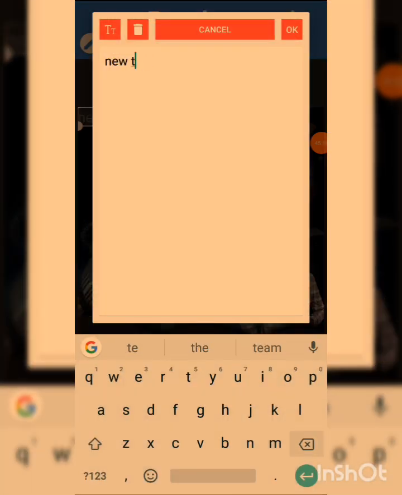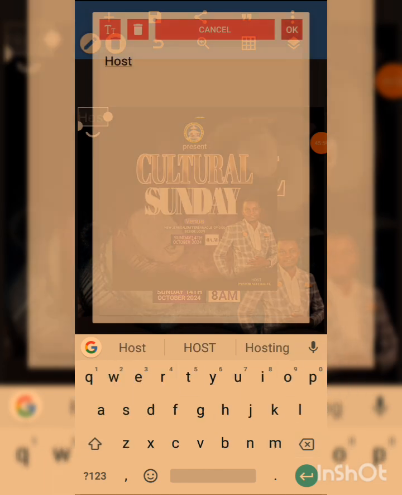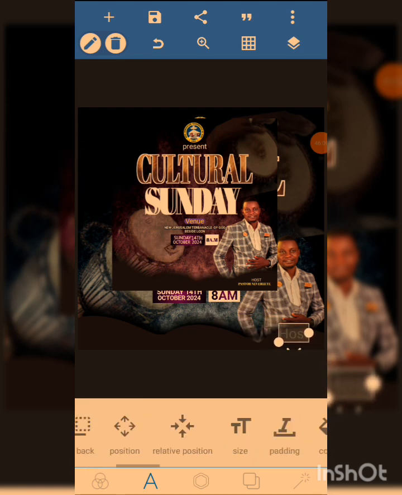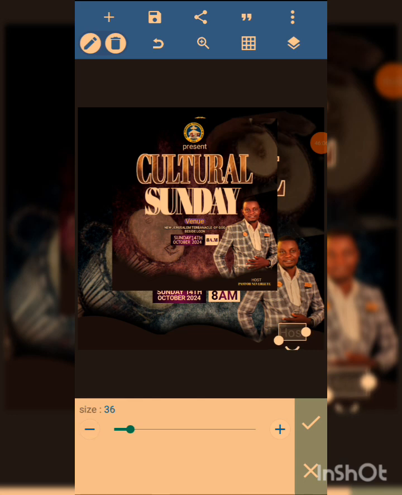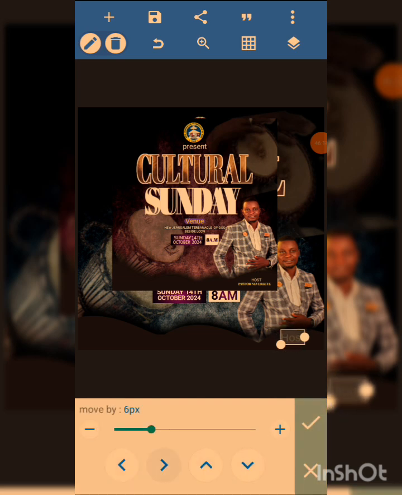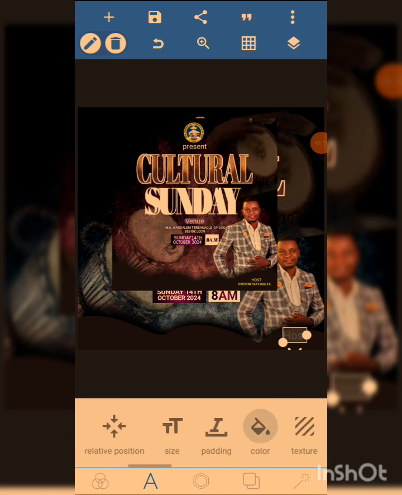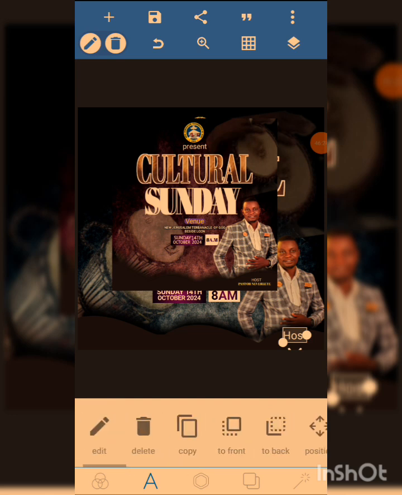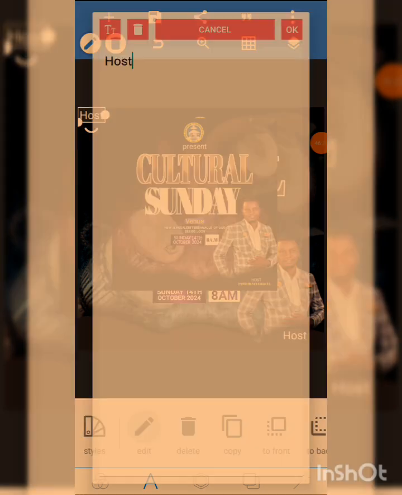Now you click here, host, right? You come over here, click your check mark, drag it downwards, come over here, reduce the size and change the color. After reducing the size, position it. Is that understood? You position it well, then you come to your color, right? What color is it? White, right? Now you copy it again, go to copy to make it easier for you, edit, and we have pastor